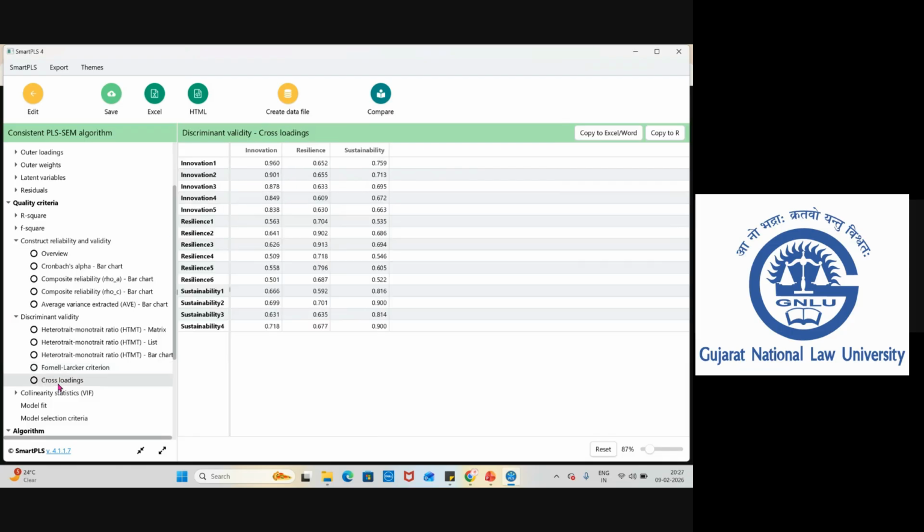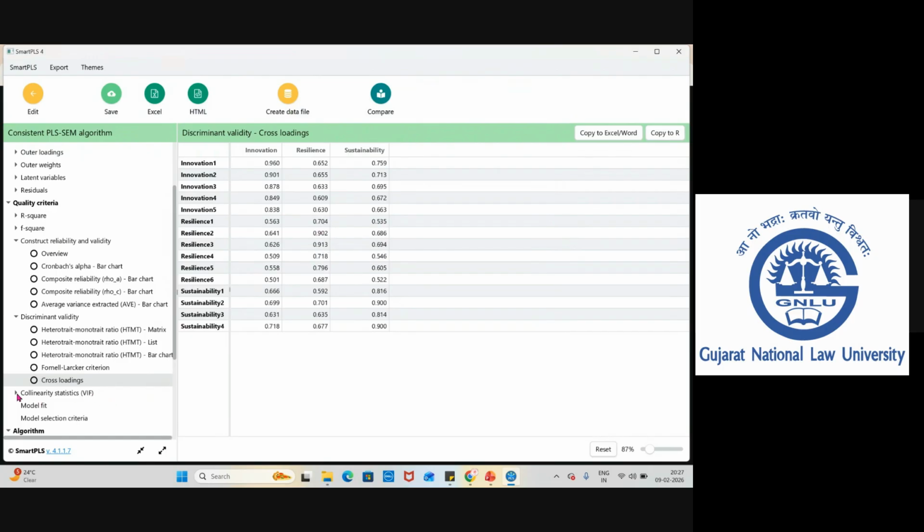within the constructs. Similarly, for cross loadings, we are going to compare cross loadings within the construct. They should have higher loadings as compared with the other constructs. If I'm comparing with innovation, within the construct we have higher loadings as compared with resilience and sustainability. Similarly, you can check the other two constructs as well.